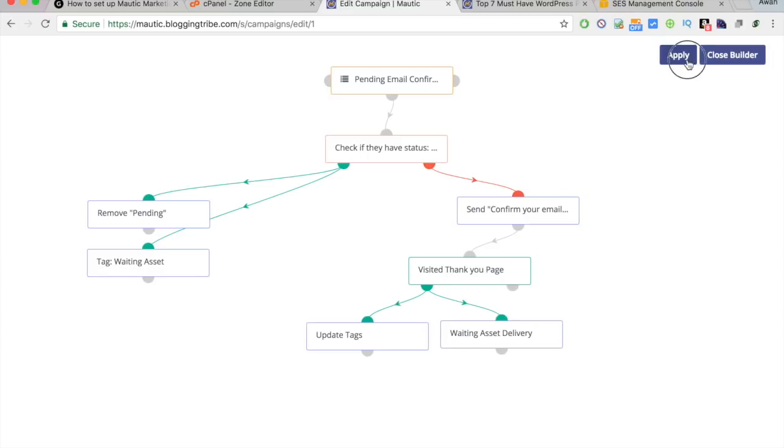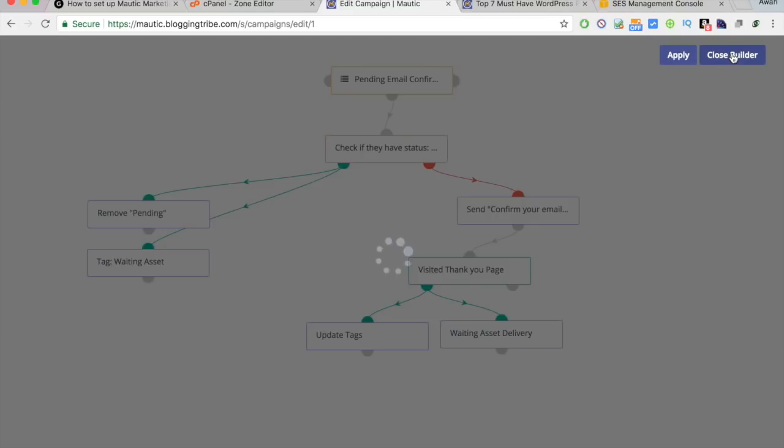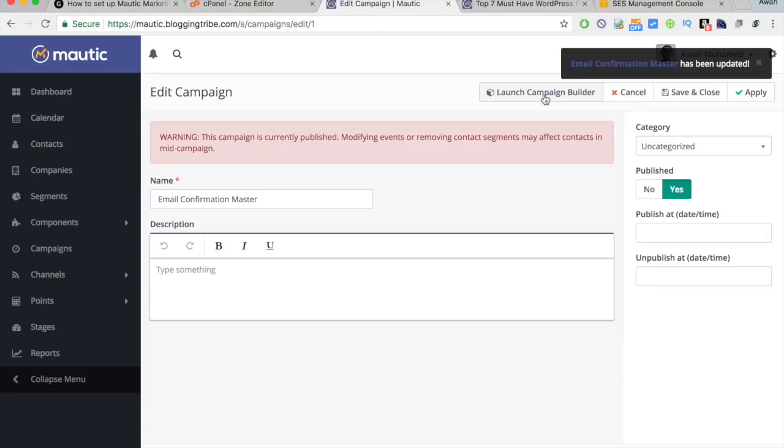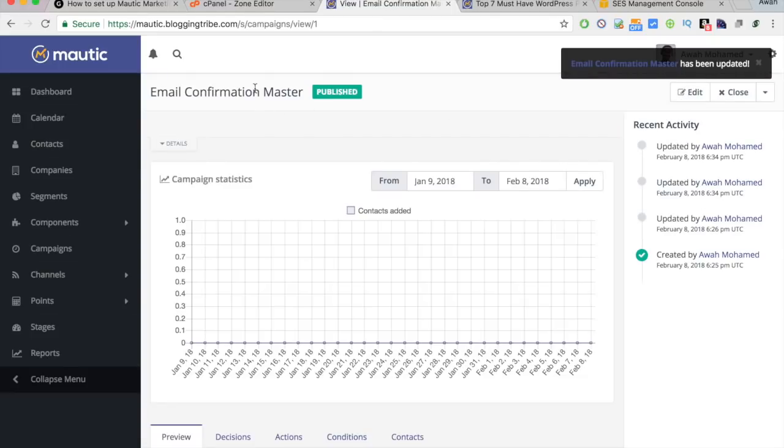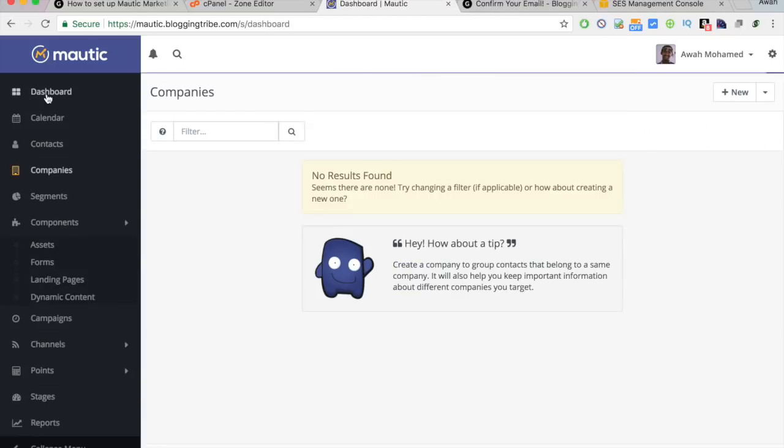So for now, I'll just click on apply, close builder, and launch. No, save and close. All right. Now we have our email confirmation master campaign published. All right. At this point, Mautic is good to go,